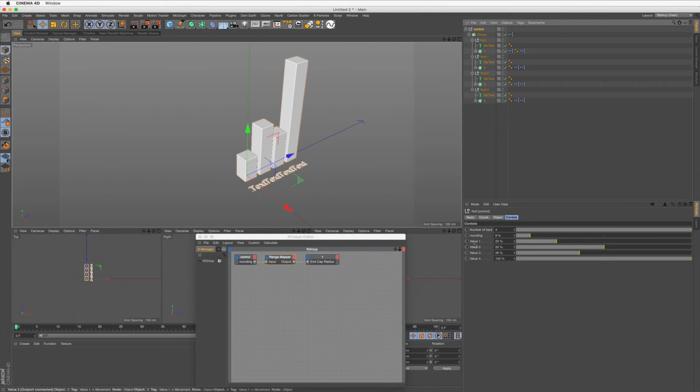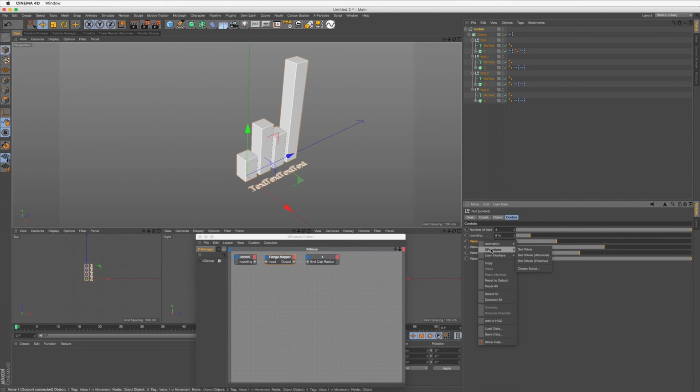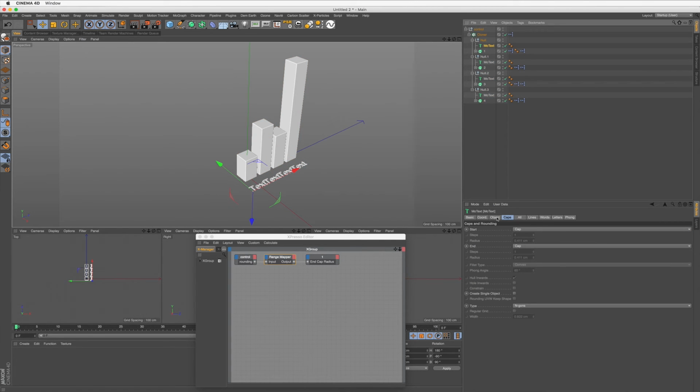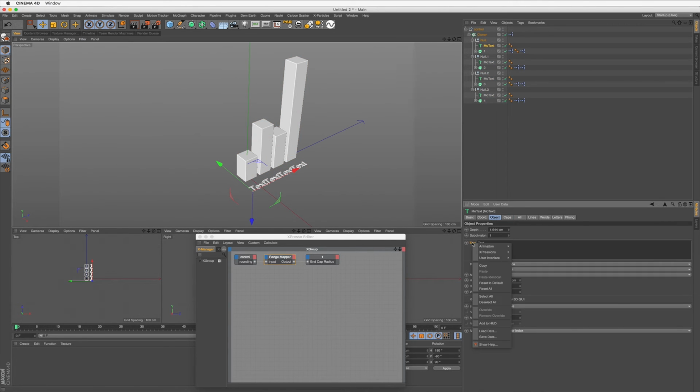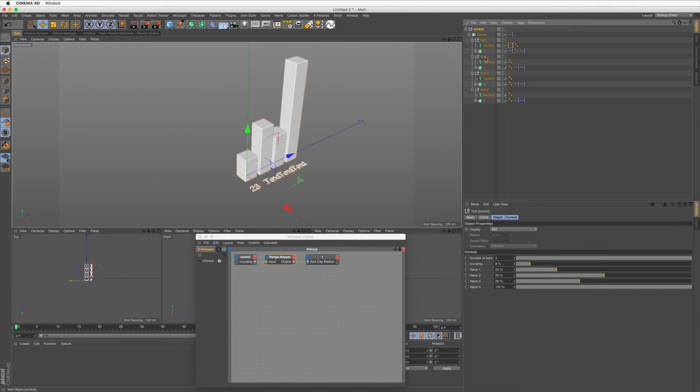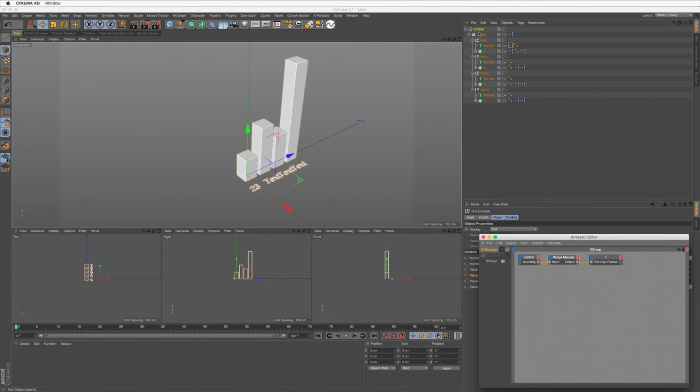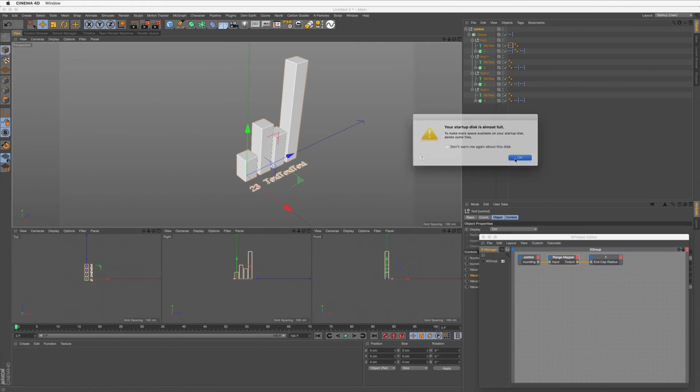And now what we're going to do is, under our controls, right click on there, set driver, select your first text, under object, right click on the text, set driven, absolute. And then you could repeat the process for each bar. So you just right click on there, but there's one thing I have to show you first before we do that. Now as we change this